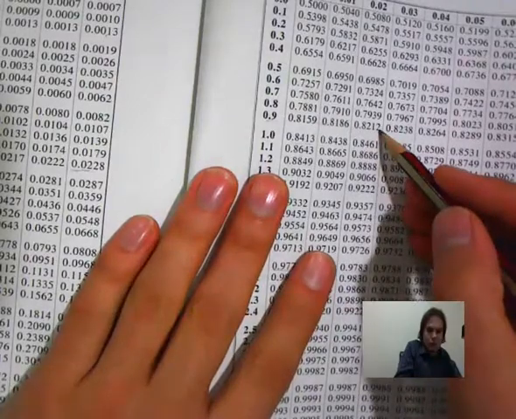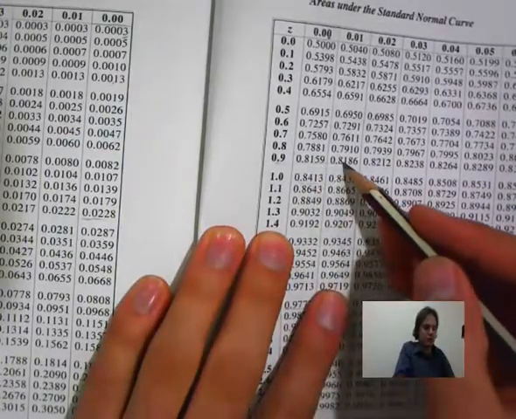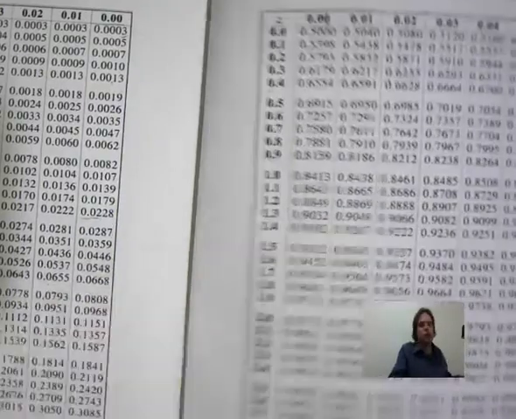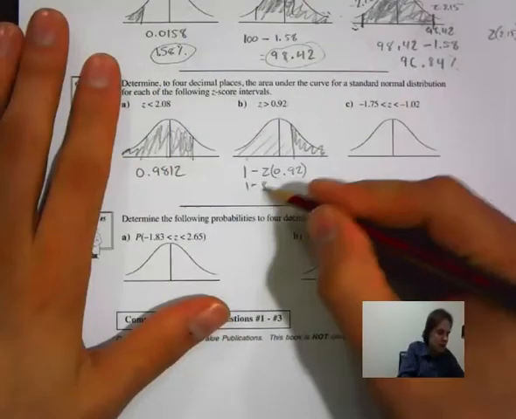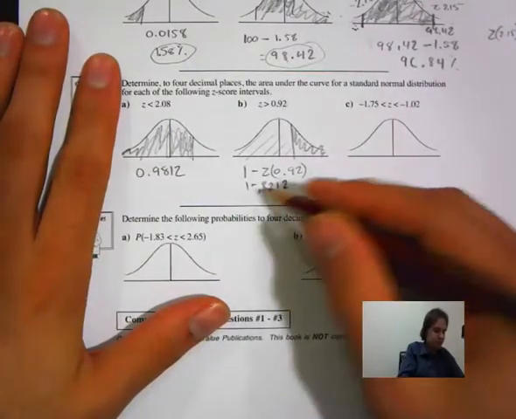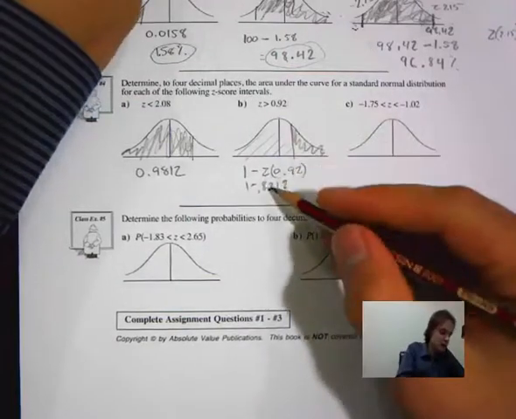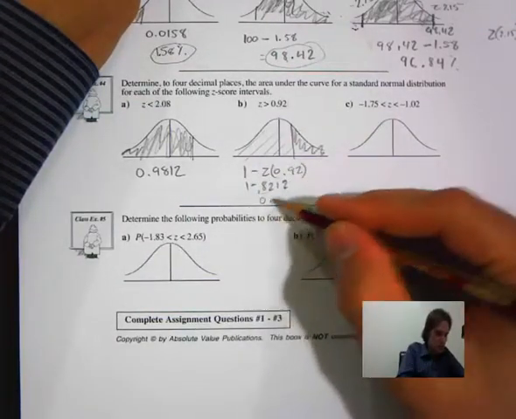0.92, which is 0.8212. So I go 1, subtract 0.8212, which will give me, if I subtract this, a total of 0.1788,